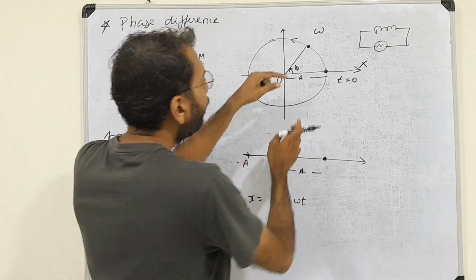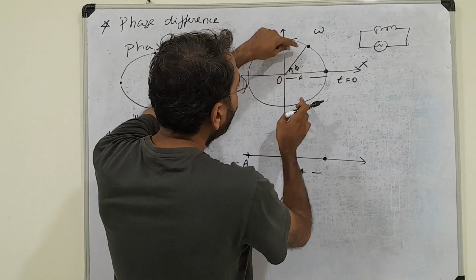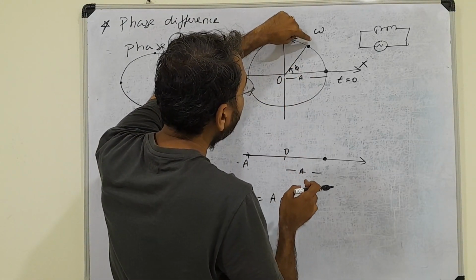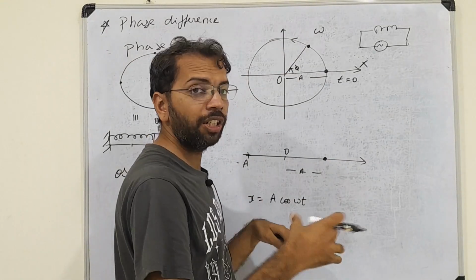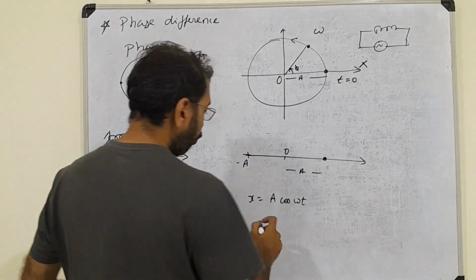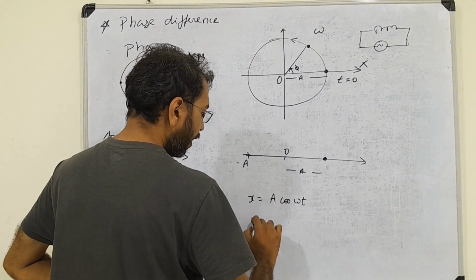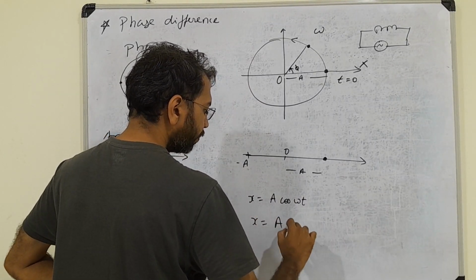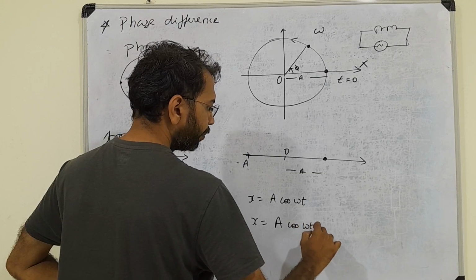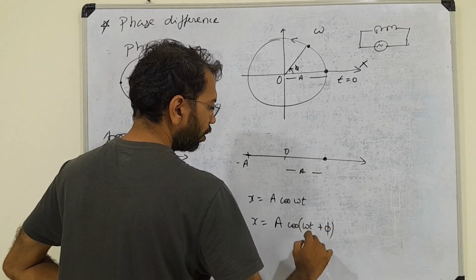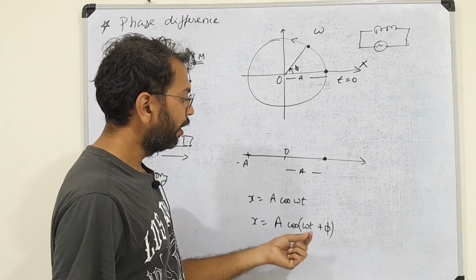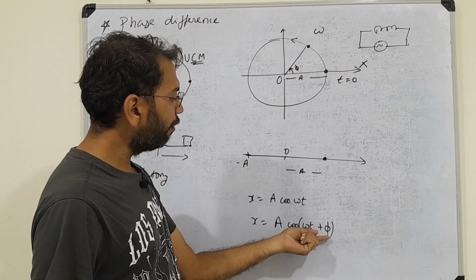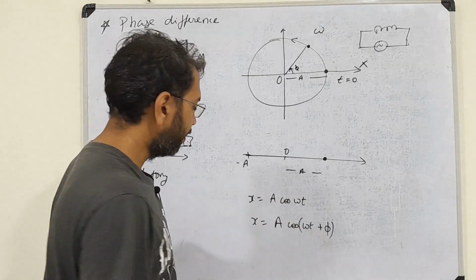So if the particle had been starting from this location at time t is equal to 0 rather than this, then what would the equation become? If you work out the mathematics, you will find that the equation becomes x is equal to a cos of omega t plus phi, and this angle phi is called the phase